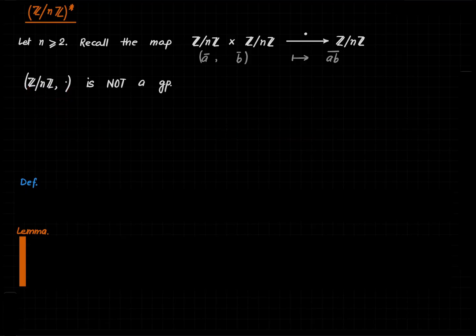Now 0 bar has no inverse because 0 bar dot x bar cannot be 1 bar, because this is 0 bar and we have assumed n is at least 2. Okay, so this is not a group, but we can throw away some elements from this and make it into a group. So for that, we define Z mod nZ star